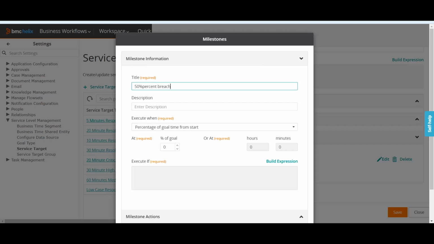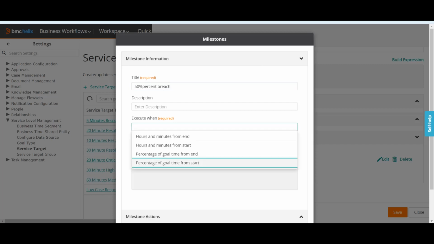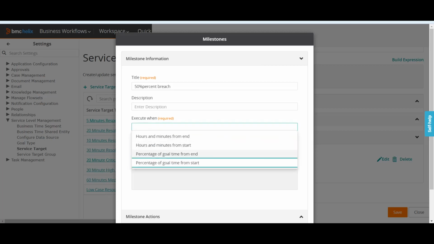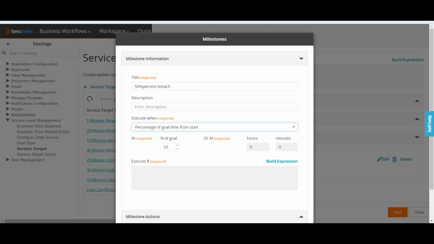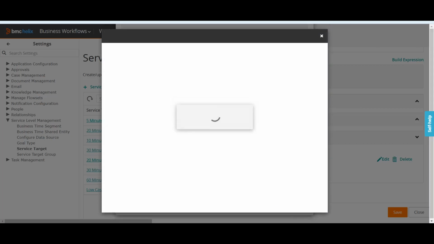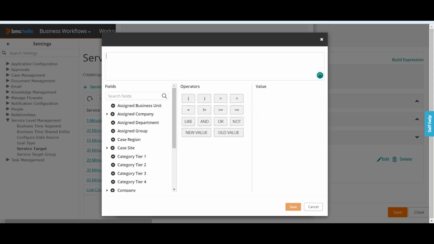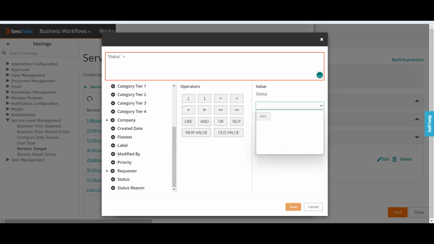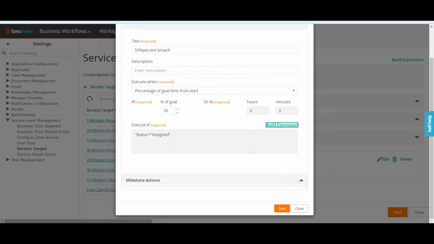Okay, so here also I will say percentage of the goal when it has passed 50%, it should set. You can also define hours, minutes on, you have to select that here from this section. Okay, and then this will become enabled and you have to define it. Then you have to define the expression that it should execute if the status is equal to assigned. So that means the ticket has been still in the assigned state and 50% of SLA has passed and